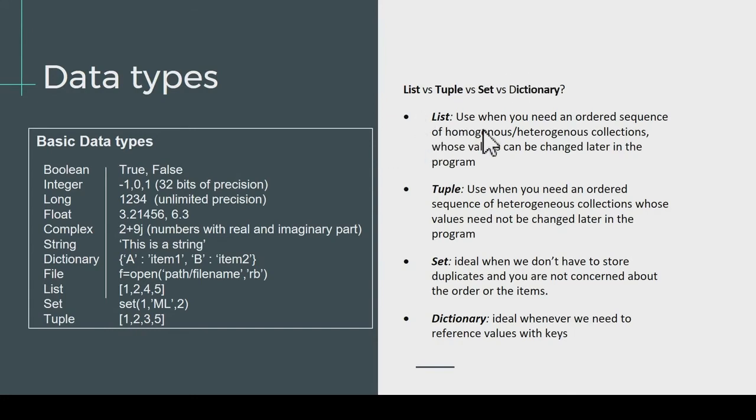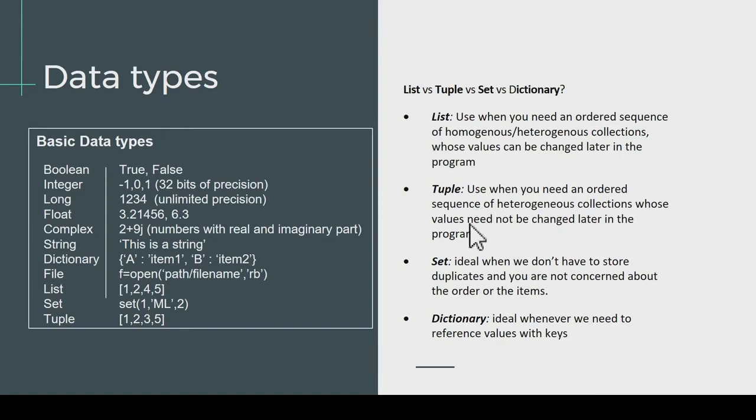List can be used when you need an ordered sequence of homogeneous or heterogeneous collections whose values can be later changed in the program. If you do not want the values to be changed later in the program, it would be recommended that you use a tuple. A tuple is used as an ordered sequence of heterogeneous collections whose values need not be changed